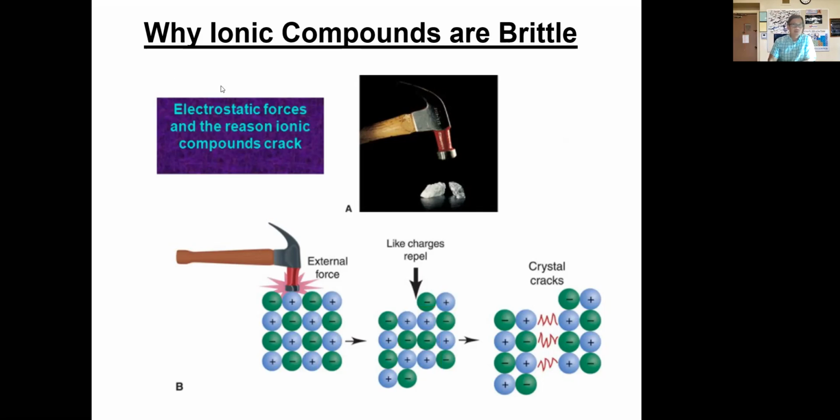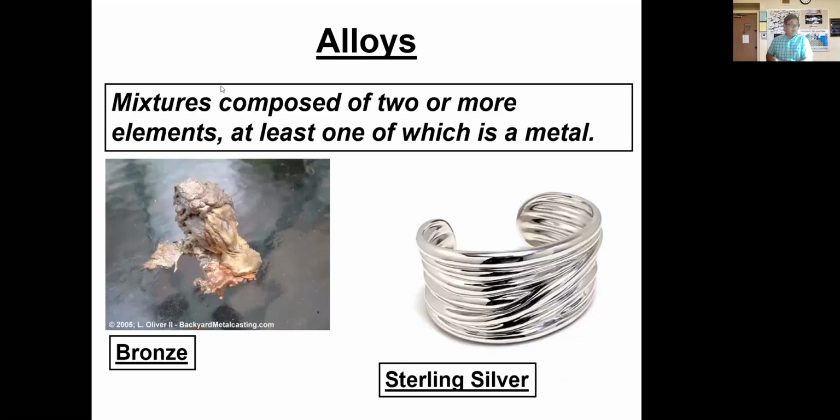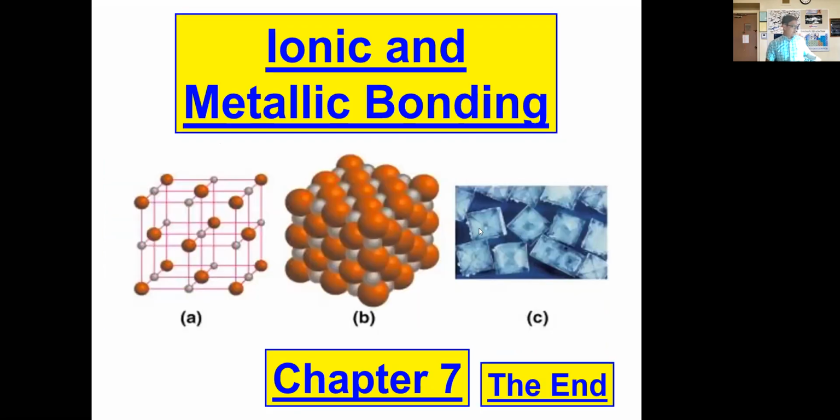I just want to finish up by letting you know that we have what are called alloys. Alloys are simply mixtures of metals in the solid state. The interaction between the different atoms is exactly the same. We talked about mixtures back in chapter 2, so please make sure you review that. When you see the term alloy, it's simply a mixture of metals.